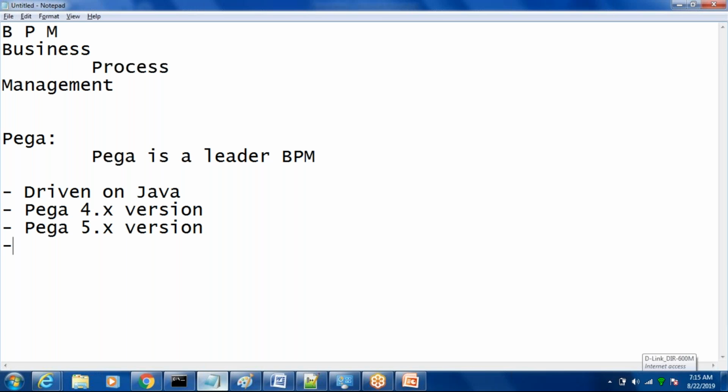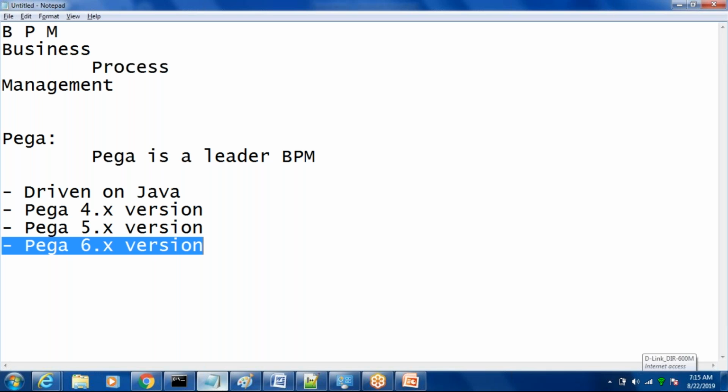All right. So later on, Pega 6.x was introduced, and it required very minimal Java code writing. This reduced a lot of the burden of writing code, not only Java code, not only scripts. Everything is given as certain components, and using those components, Pega itself writes the code for us.